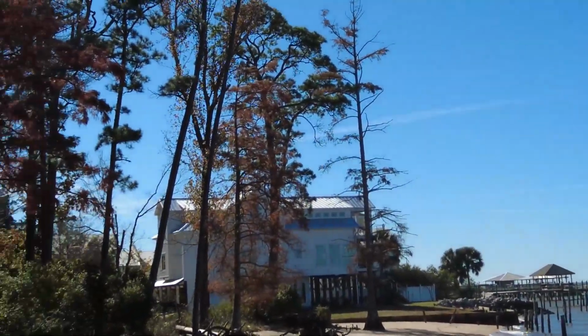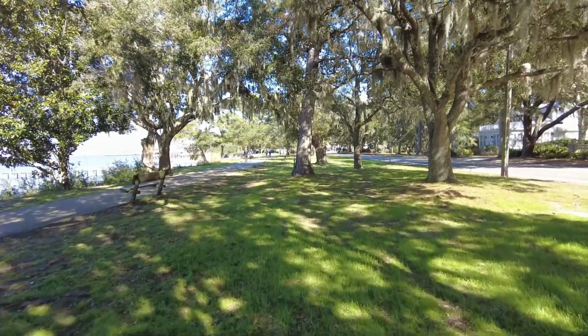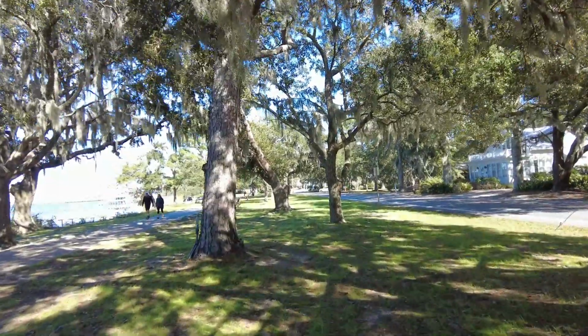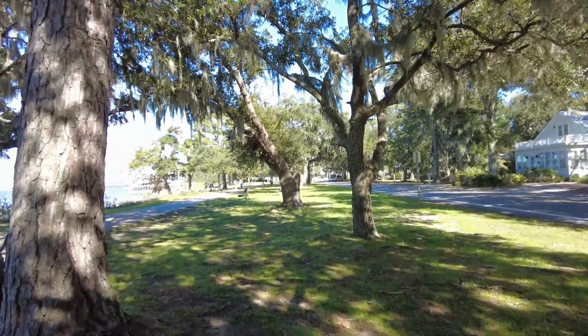Part of living on the Gulf Coast. So this is Bayview Drive that goes along the bay, but it does give you an idea of what it's like. You got all the locals here coming just to walk the dogs,